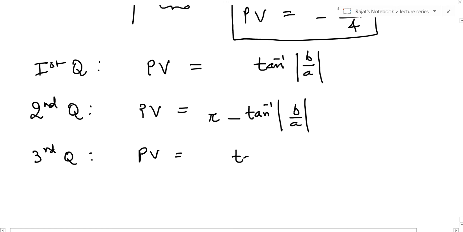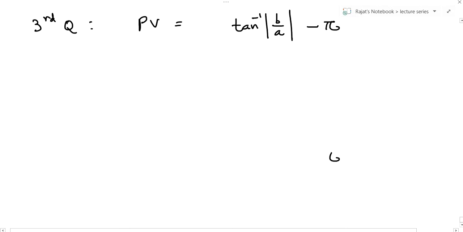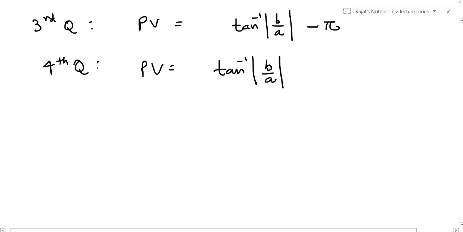If it is the third quadrant, then tan inverse of b by a, and I subtract pi from it. And if it is the fourth quadrant, then the principal value is tan inverse of b by a with a minus sign. Just use these formulas in the examples of 1 plus i, minus 1 plus i, 1 minus i, and minus 1 minus i, and just see. Each time we will get tan inverse of mod b by a as 1.